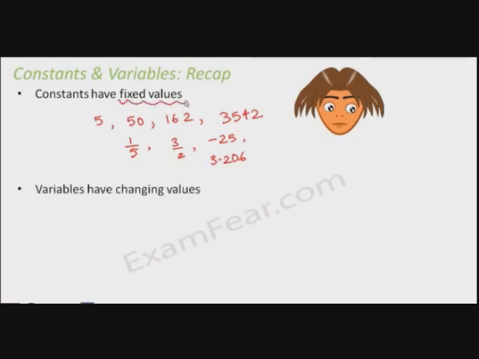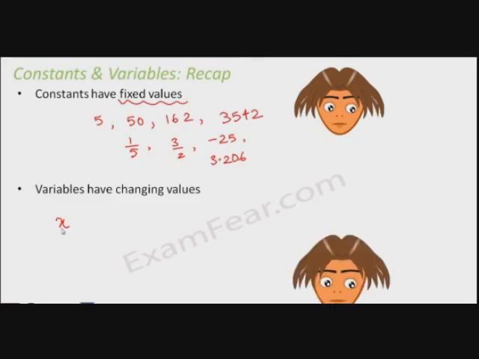When you talk about variables, they have changing values. Now they can take different values. Let me give you an example. Now let us talk about any numbers, not number, because numbers always have fixed values. Let's talk about a variable x. Now generally these variables are denoted by alphabets like x, y, z, a, b, c, p, q, r, m, n, etc. So they are always denoted by alphabets, and these alphabets can take different values depending upon the situation.